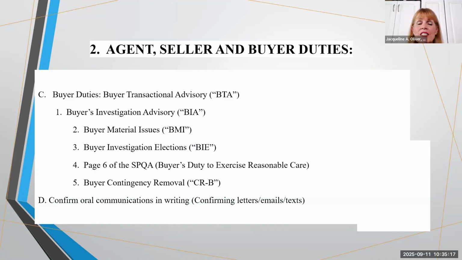There are buyer material issues, and those are the things that the buyer says, oh, it's really important to me. It's really important that the fence is secured, or it's really important that there's no mold in the house because I'm very sensitive to that. So that's material to them. The seller's not responsible for anything they don't know about, so you would have to advise the buyer, well, if you're sensitive to mold, you need to have a mold inspection. That's right. You have to hire someone that's an environmental specialist.